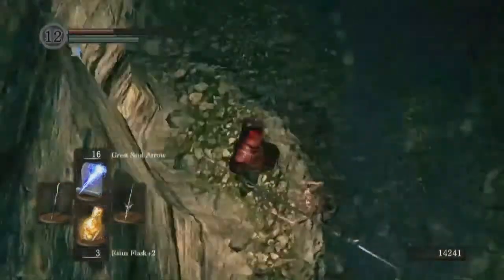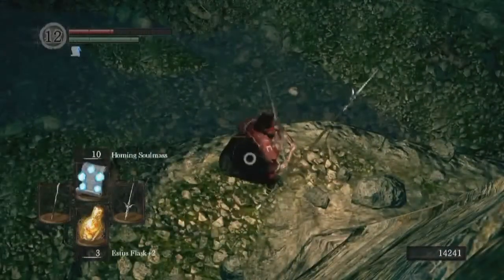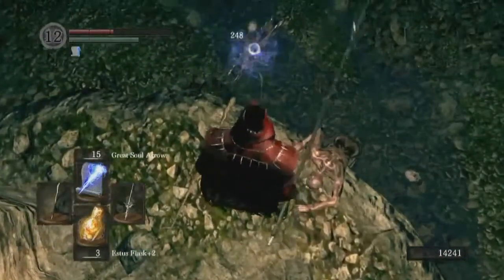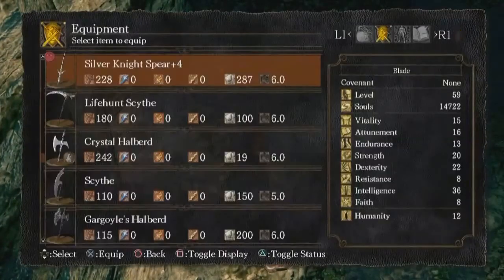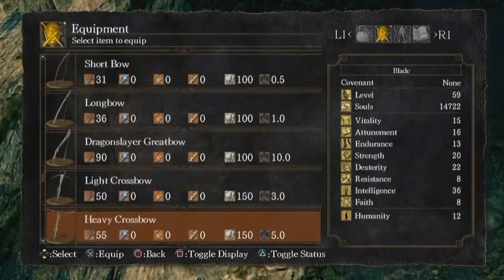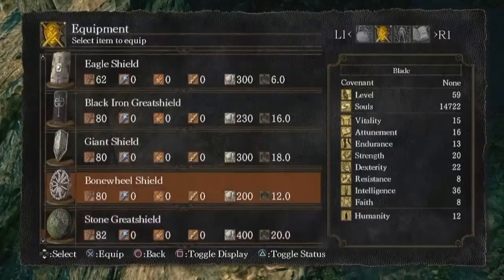You also get to deal with these guys. I like locking the camera around to kind of get a good shot on them. Yep, one hit. I don't need to bother farming these guys. If you're going to, they are weaker than the ones in the Painted World, and they're also worth fewer souls, of course. I did get lucky and get one of these my first pass through the